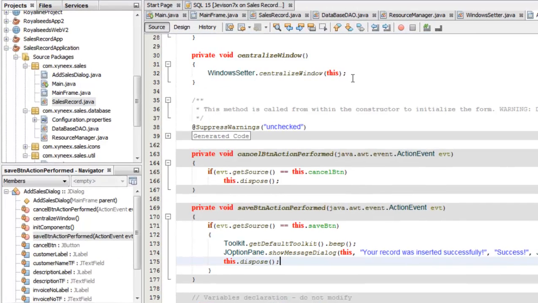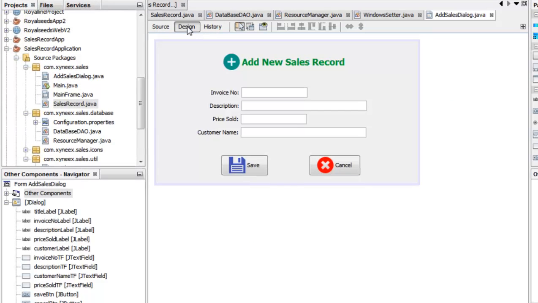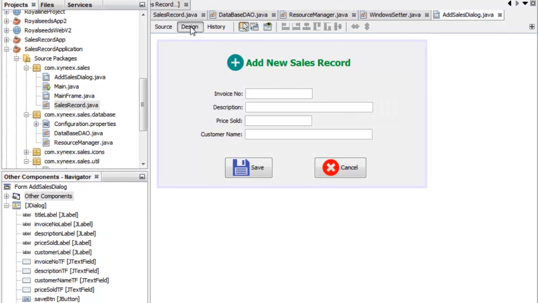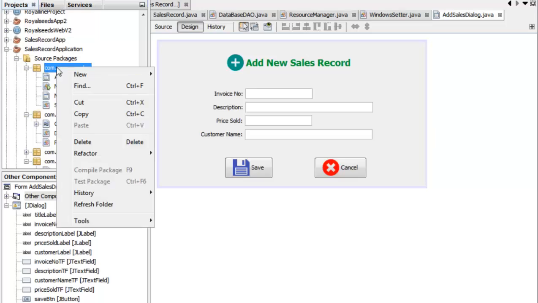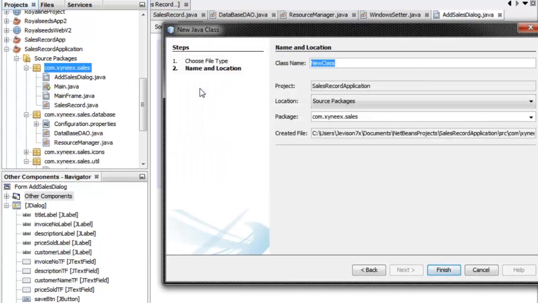Okay, so in other words, I'm using the MVC approach of programming in OOP. If you don't understand, just go and look up the MVC approach. Alright, so we're going to do that by creating another class inside this com.xyneex.sales package. I right click, select New, then Java class, and name the class SalesDAO. Alright, I'm going to click on Finish,